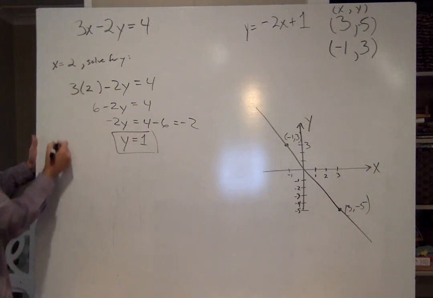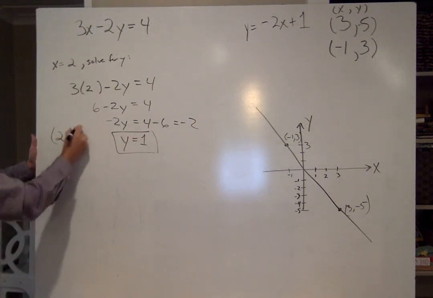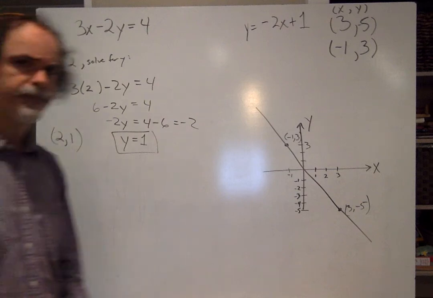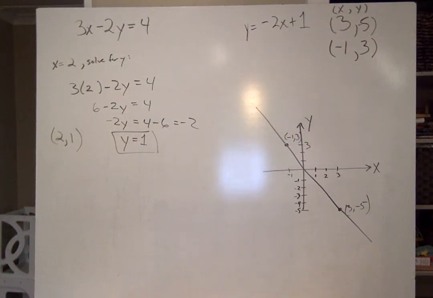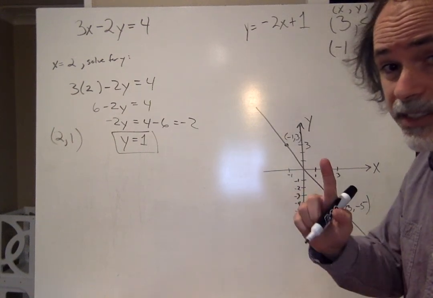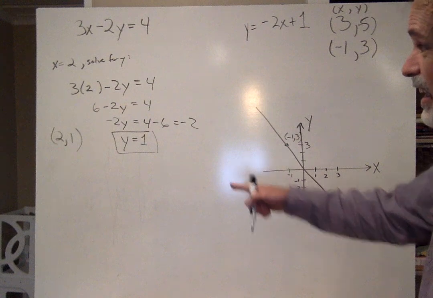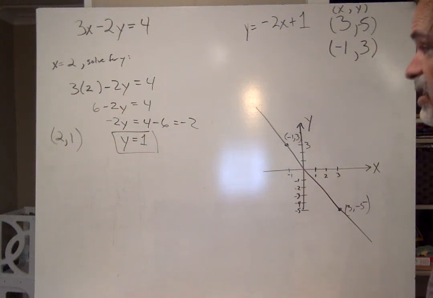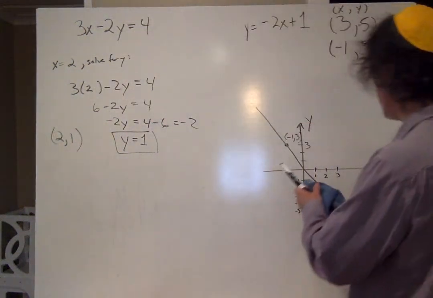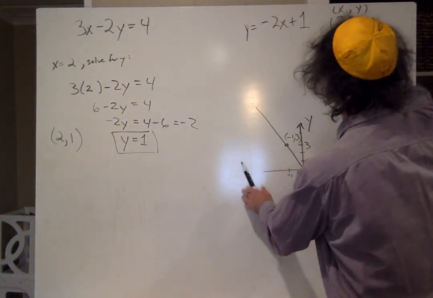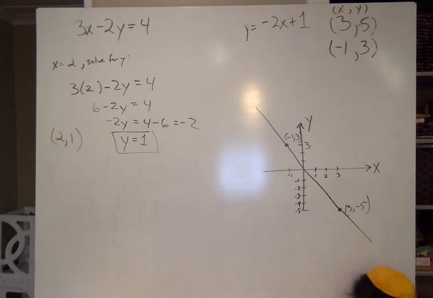So this tells me I have the point 2 comma 1. That's fine. But if I want a second point, I got to do all of that again. Not my favorite thing to do because of the solving. But I claim that there's an easier way to do this. Just by picking